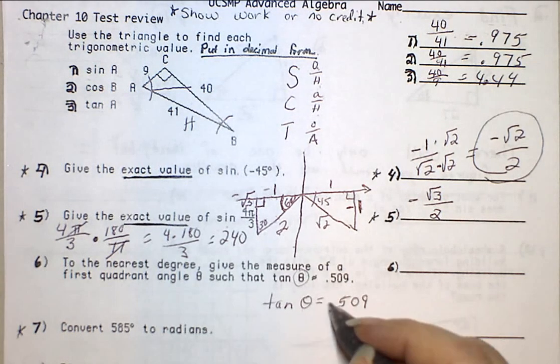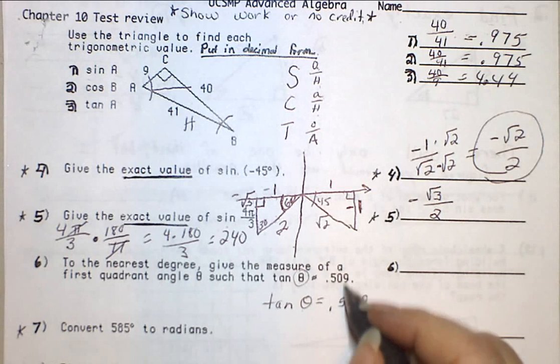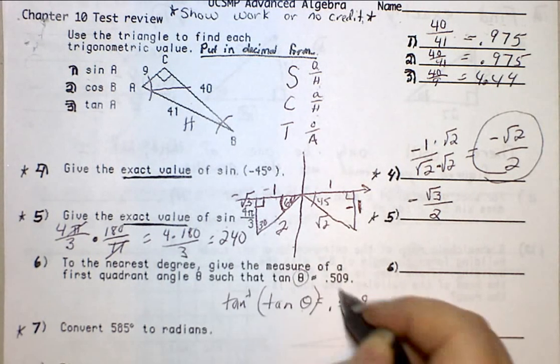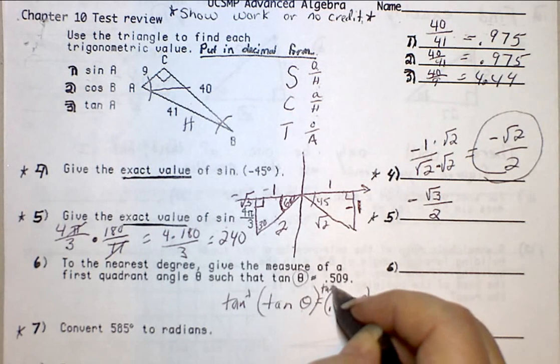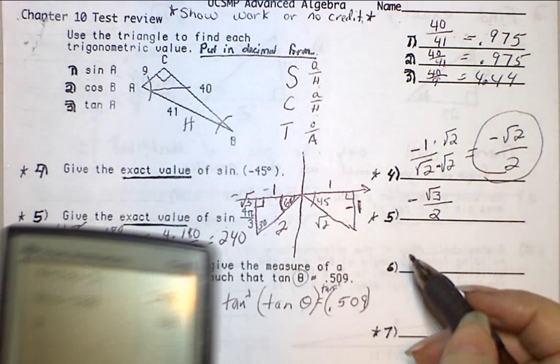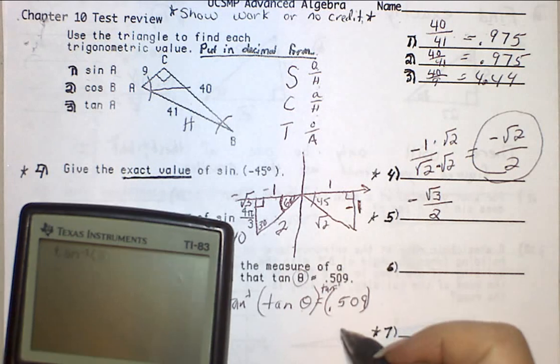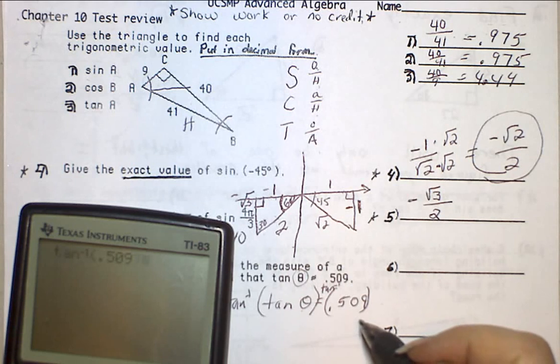I have to take the inverse. So I'm going to take the inverse of both sides, and go in my calculator, tan inverse of 0.509, and I get,